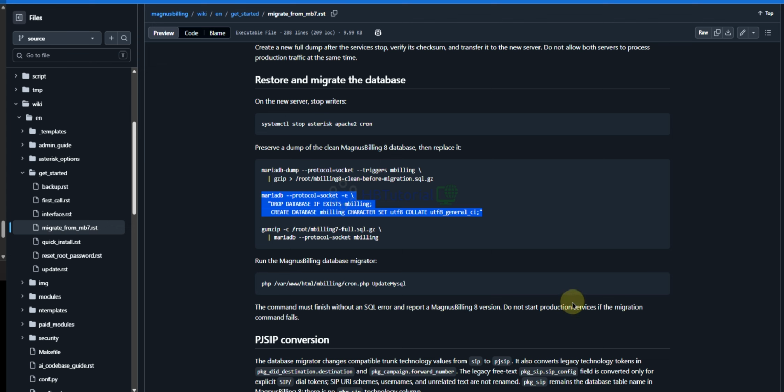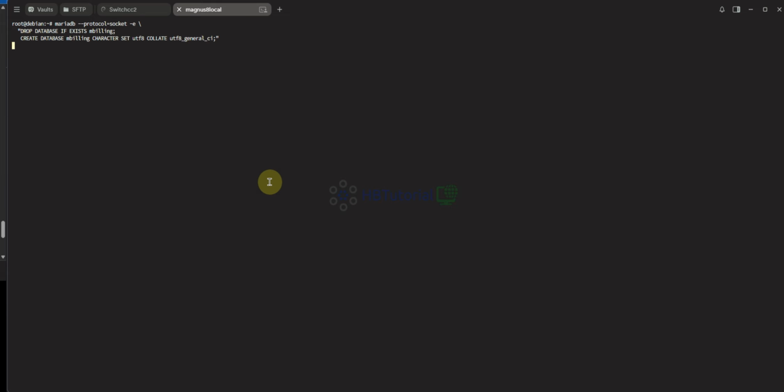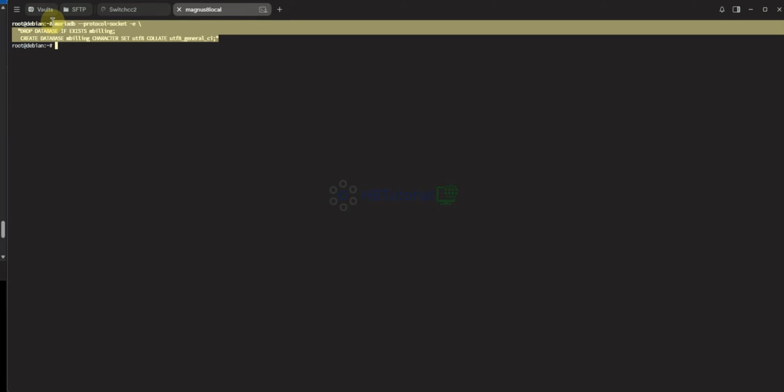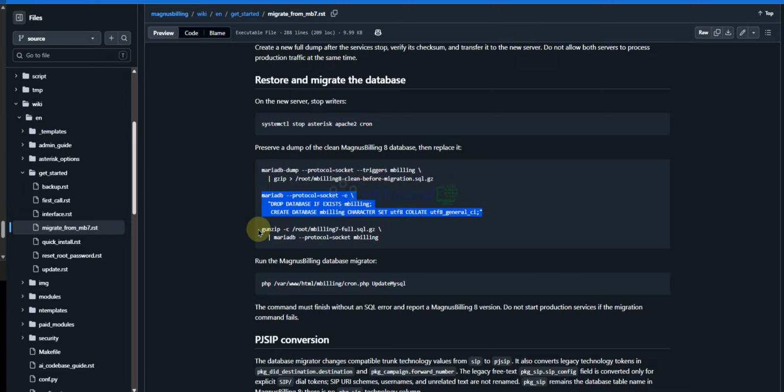Go back to the SSH. Exit this one. Clear, then enter. As you can see, there is a new database. They drop the old database and then recreate it. After that, go back here.